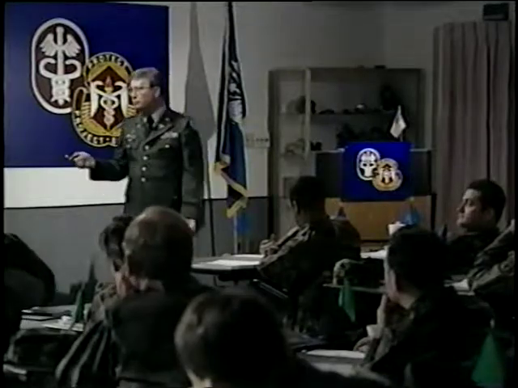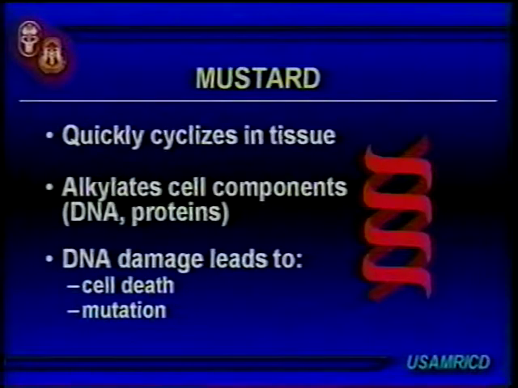But we know from studies that your cell proteins, and especially the DNA in actively dividing cells, are the most sensitive targets for mustard. And that tells us a lot about the mechanism of action of mustard. Thus, when your DNA in your cells has been rearranged on your epithelial surfaces, it can lead to cell death or mutation of the cells.